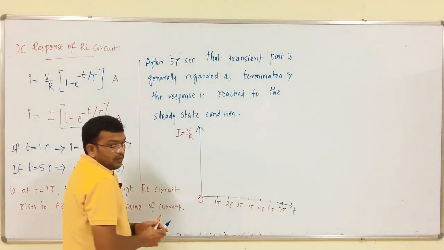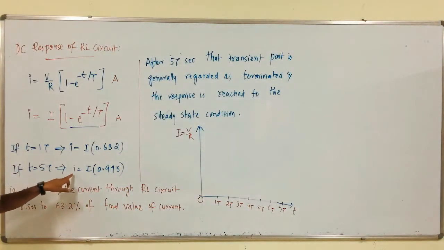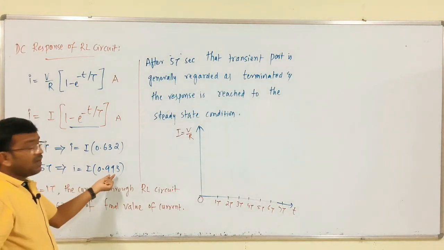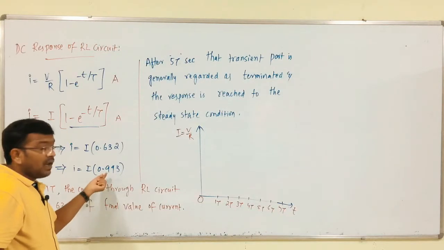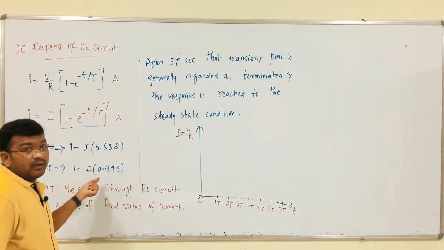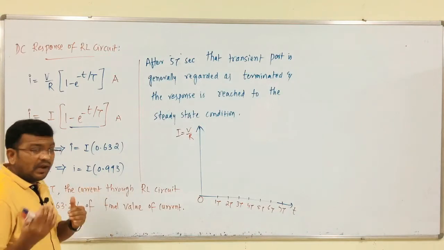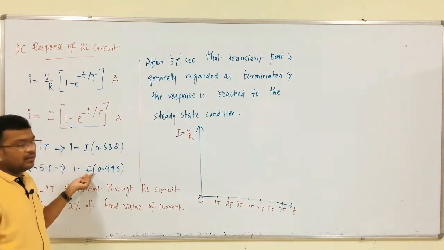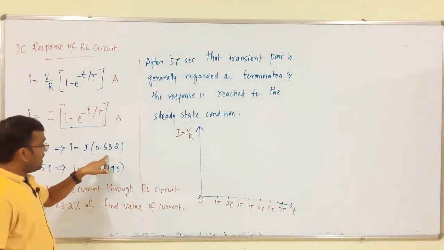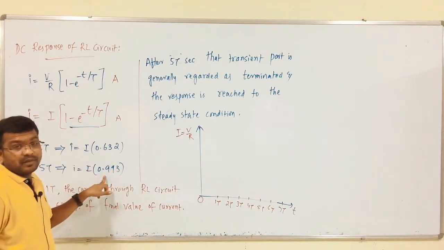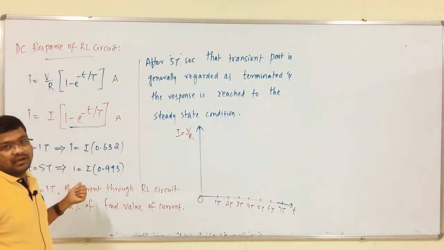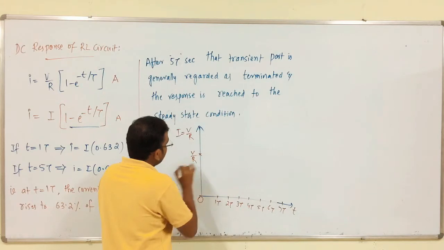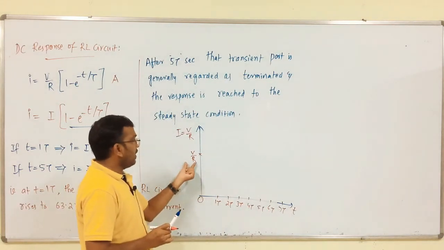So, if t is equal to 5 tau, the value of current is nothing but 0.993, that is 99.3%. If it is 6 tau, 99.8. If it is 7 tau, 99.888. If it is 10 tau, 99.999, like this. So, in any case, we are going to get the maximum value of current, I, approximately equal to I. So, up to 5 tau, it gradually increases from 0.6 to 0.9. After 5 tau, it is almost constant. For example, this is V by R, simply the current I.